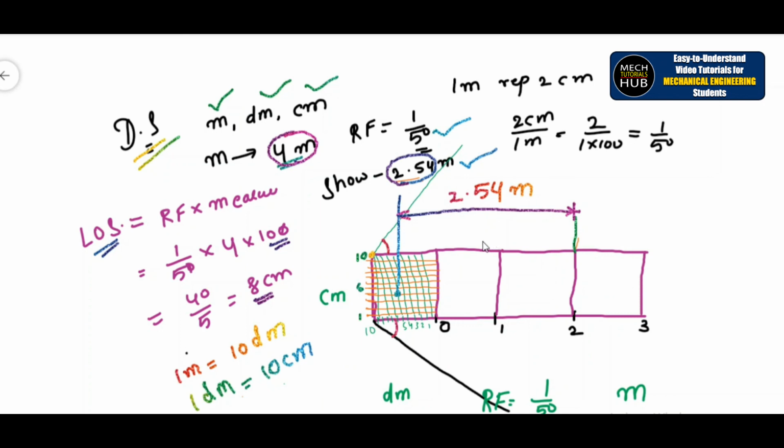I hope you understood the basic concept, why we actually develop scales, number one, and how to calculate. Other than this, if millimeter, centimeter, decimeter, meter, decameter, hectometer, kilometer is given,